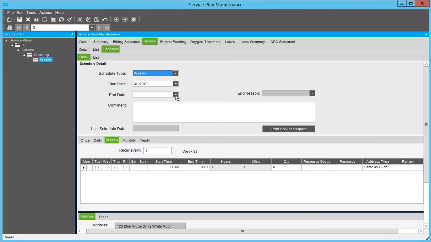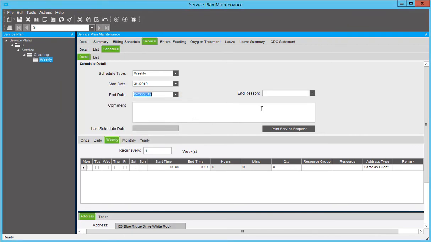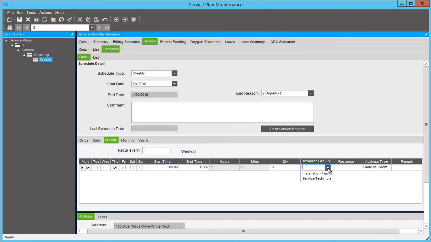If required, enter the end date when the system stops creating instances of the visit. Once the end date is entered, specify the reason, for example, departure. This is a mandatory field for a one-off service. Now select the corresponding tab in the grid to define the recurrence frequency for the schedule. Specify the start and end time, duration, and other details for the service visit in the respective columns of the